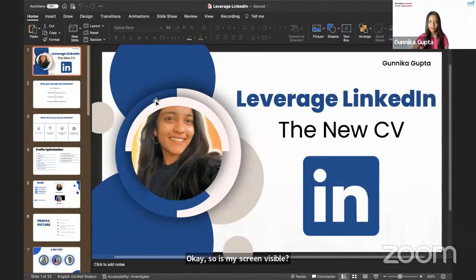Yes, it is. Okay. So as you all know by now, this workshop is about leveraging LinkedIn. So first of all, what does leverage mean here, right? So LinkedIn is all about,